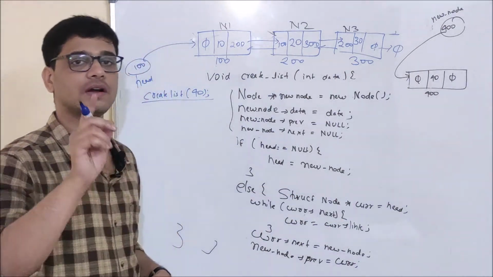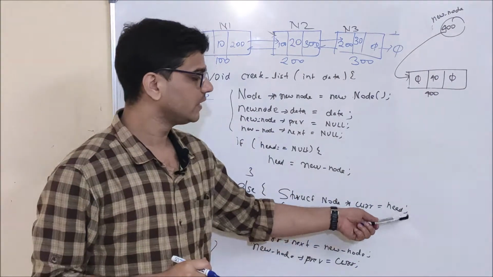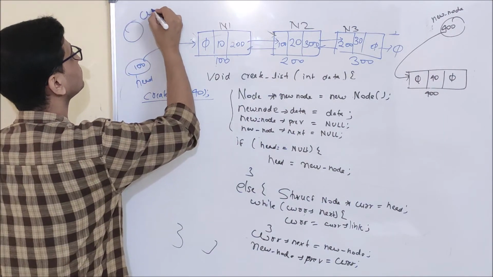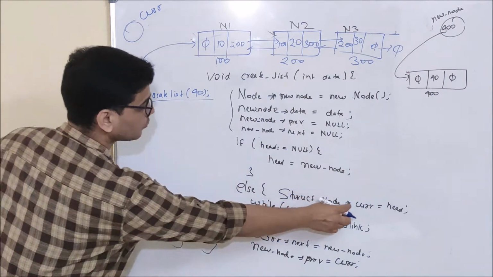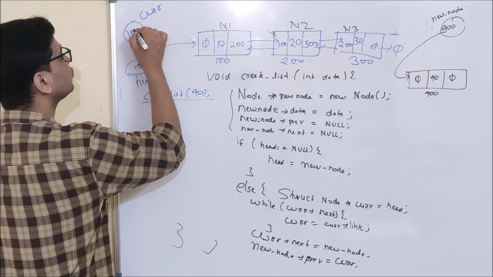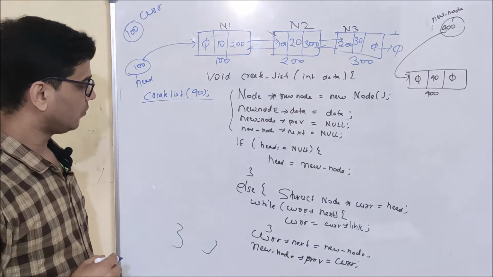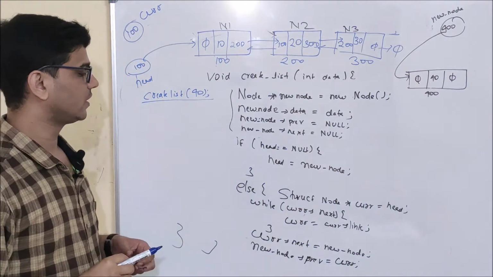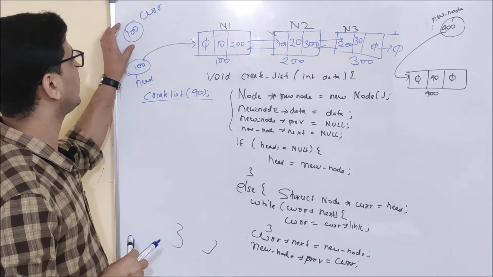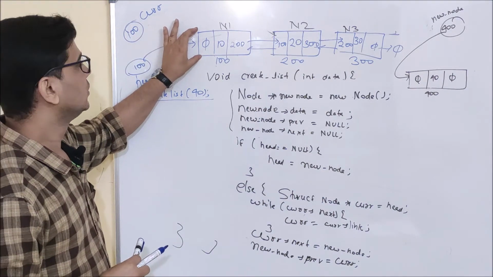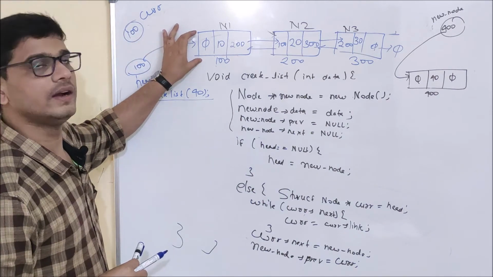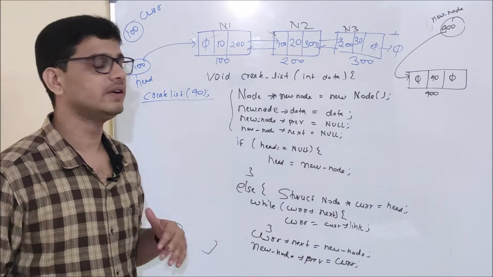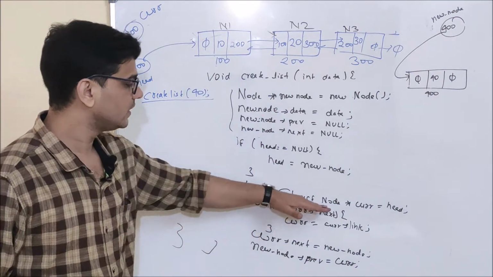First of all, we have a current pointer, and in current we are updating head. So suppose this is our current pointer. In this, I am copying the value which is there in head, so I will update 100 here. And what are we doing next? First of all, we are checking whether current dot next is there or not. As you can see, current is 100. And what is current dot next? Current dot next will be the next part of the node starting from memory address 100. So what is it? 200. So it is not null.